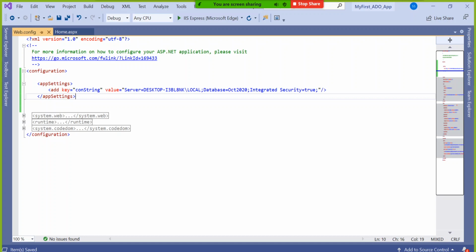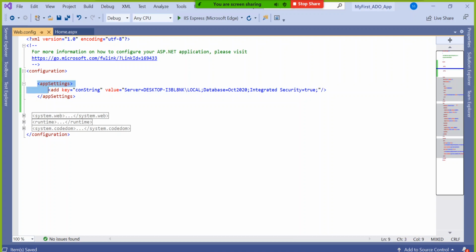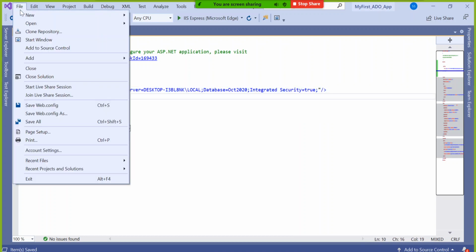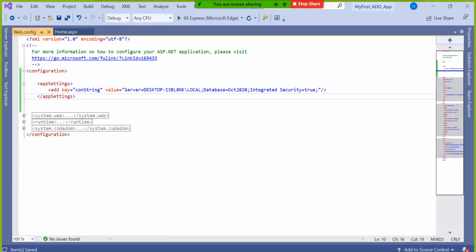In Visual Studio altogether, file, new, create, project, that you are saying? No, why would it take? That will be altogether a different project, right? You are talking about file, new, project. Then how can it take from this project to that project? No, no, no, it will not take. It will be a totally different project.